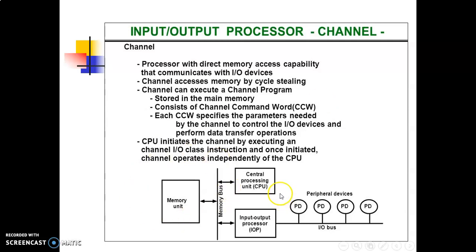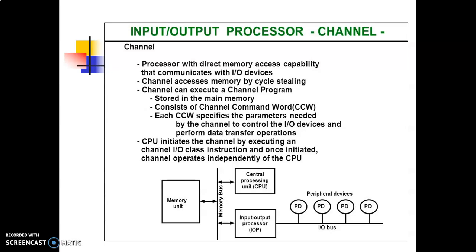Okay. The block diagram of a computer that shows two processors. Here we have two processors. One is the CPU, another one is the input-output processor. Okay, the memory unit occupies its central position, this one, and can communicate with each processor by means of direct memory access. The CPU is responsible for processing data needed in the solution of computational tasks. The IOP provides a path for transfer of data between various peripheral devices and the memory unit.